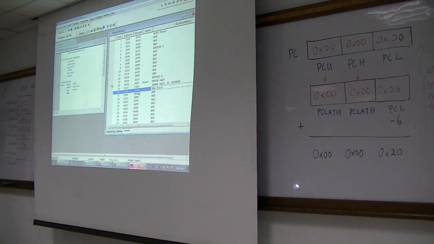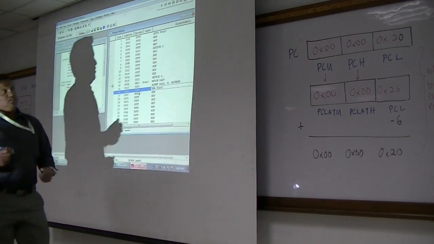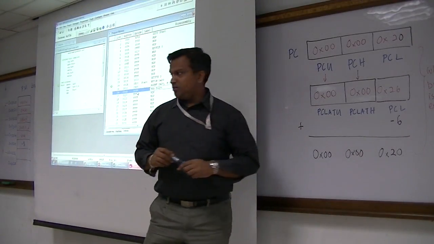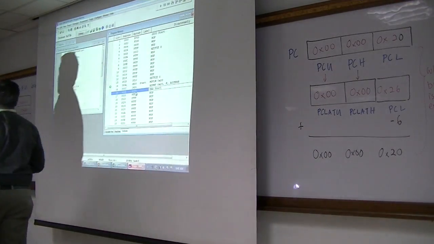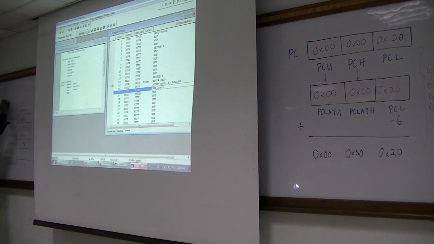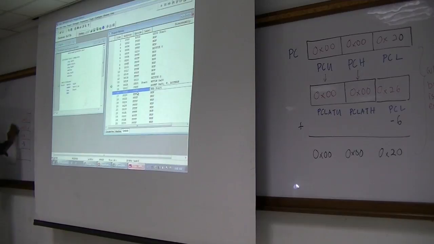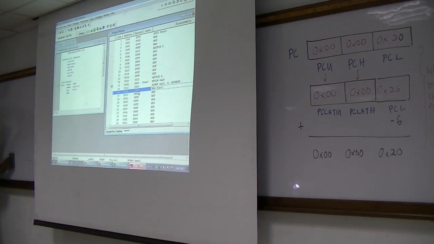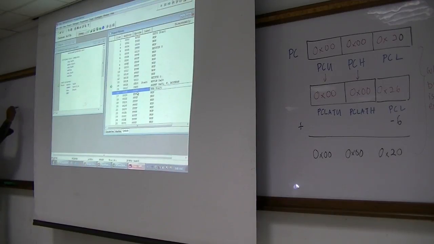What is D? It's actually no space. How much is D? 13,